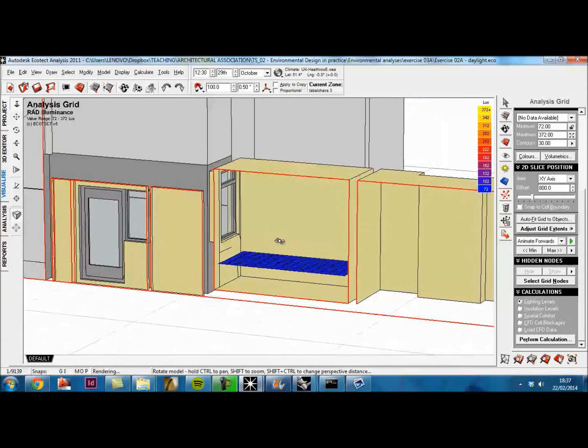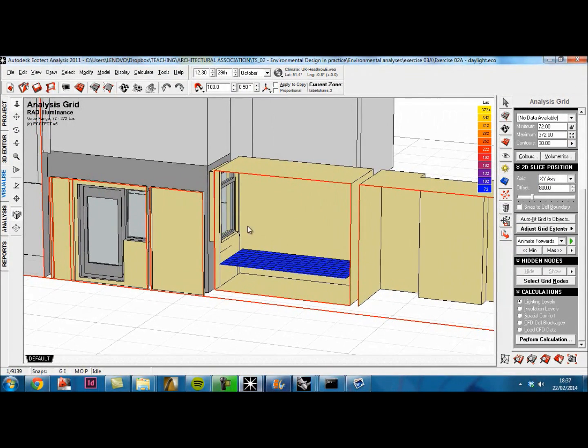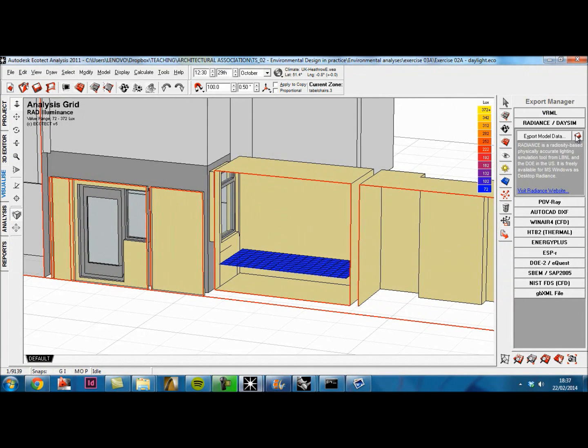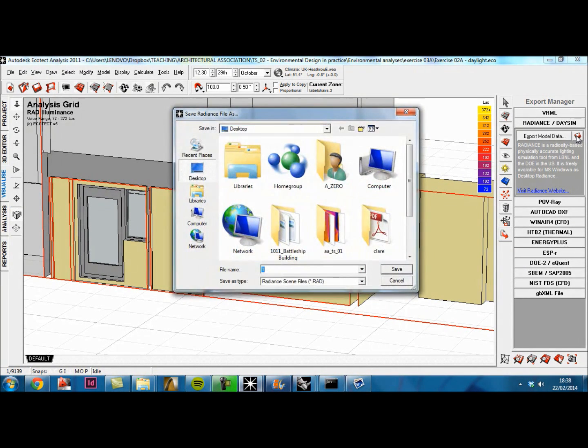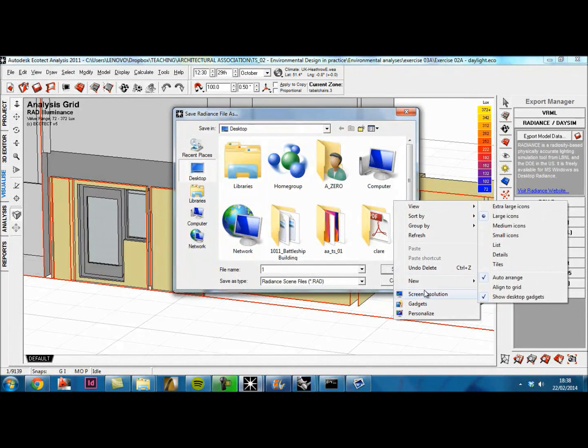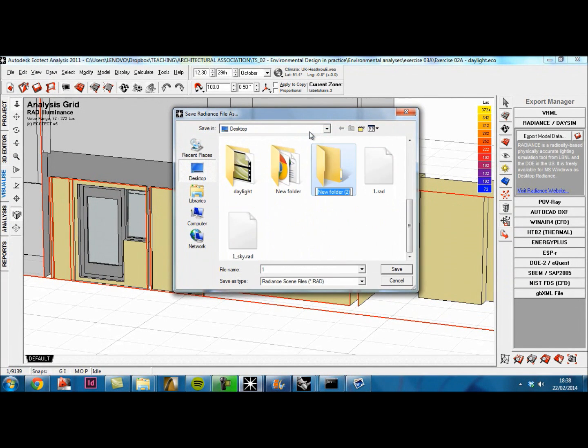Okay, so we're back in Ecotect, and I'm now going to do this with Radiance, put in the correct folder. I'm now going to click on the bottom here, which says Export Manager, and I'm going to click under Radiance/DateSim. I'm going to click Export Model Data. Now, Radiance, I won't explain to you how it works, but one thing it does do is create a series of files. So I'm going to create a new folder on my desktop called TS02